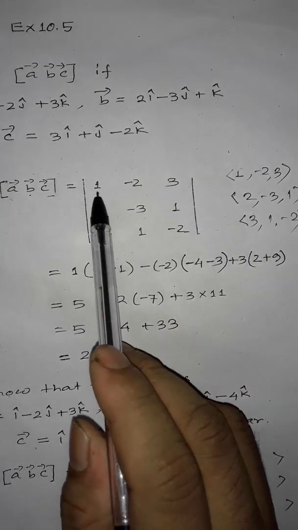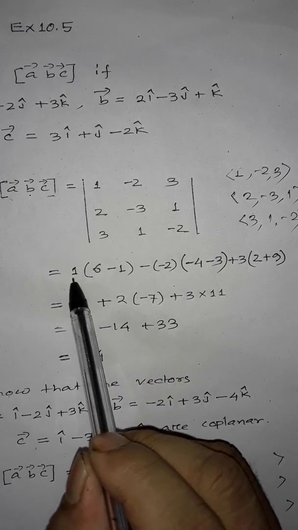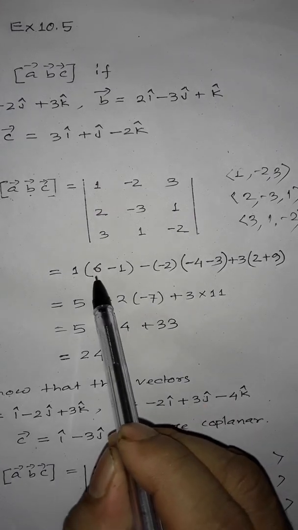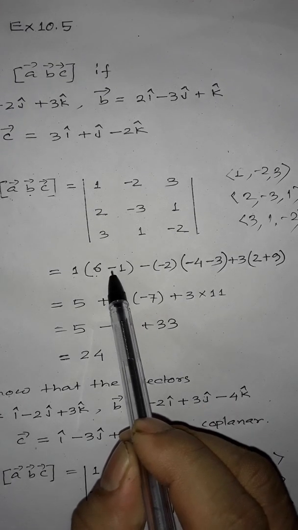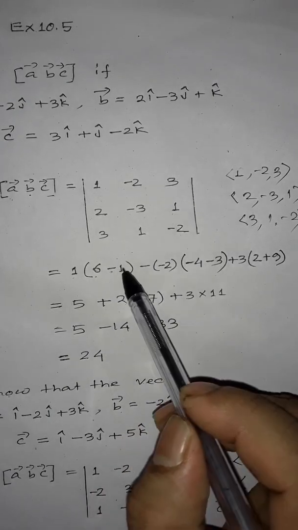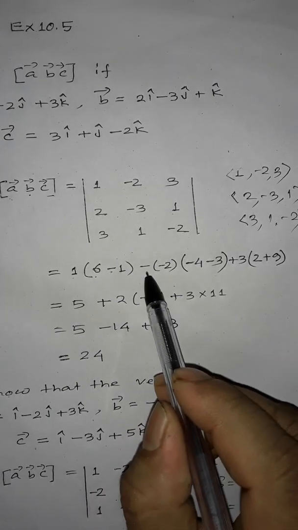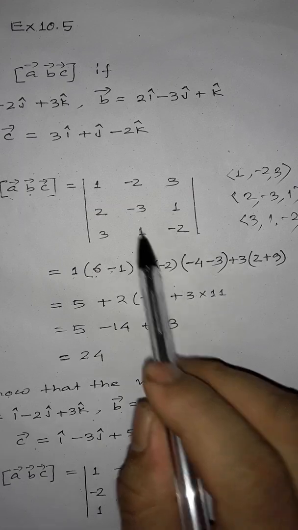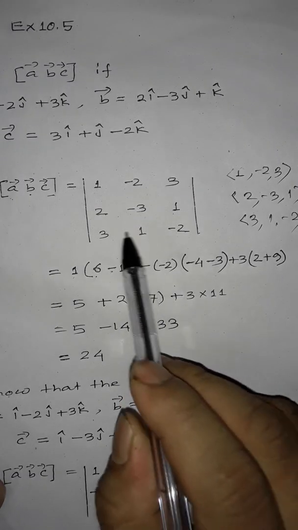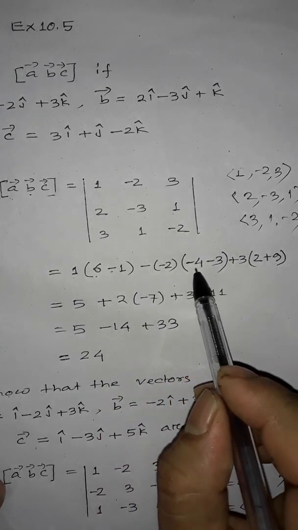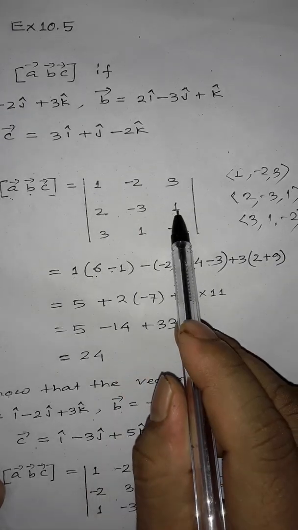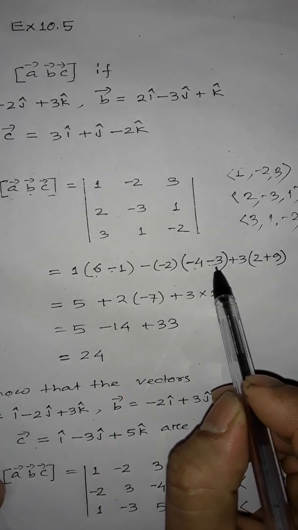Then it will be 1 into minus 3 into minus 2 is 6. Minus, this is a permanent minus sign, minus 1 into 1 is 1. Minus 2 whole into 2 into minus 2 is minus 4, minus 3 into 1 is 3. Plus